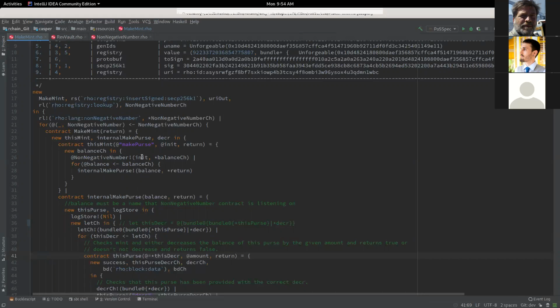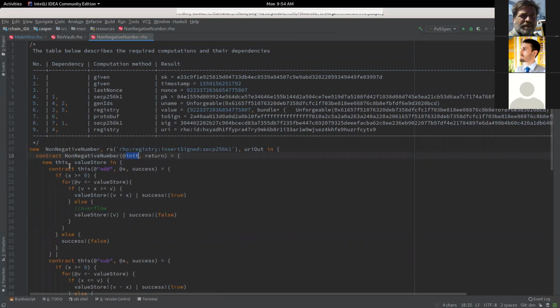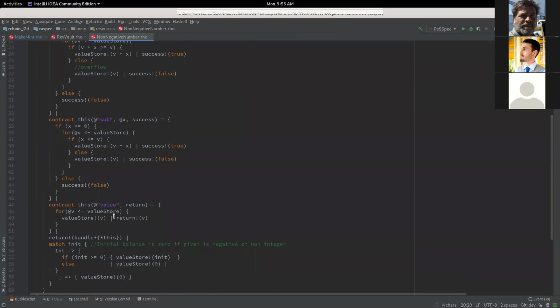So that's good. Because where are the tokens actually created? I mean, they're created here when we call the non-negative number contract, right? Because we just say create. Okay, so that answers that question. And you can add or subtract from it, and that's your purse basically, and it's got 100 tokens in it.